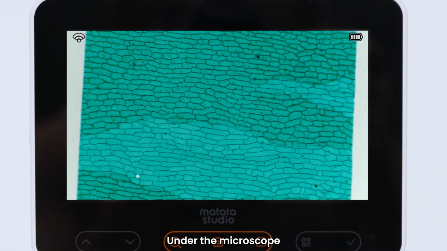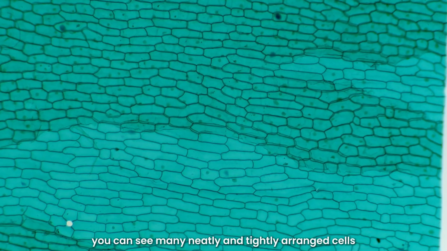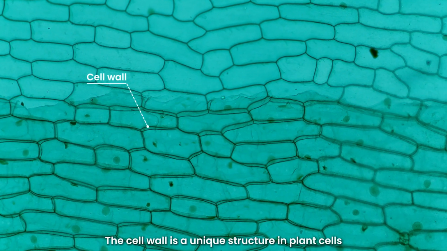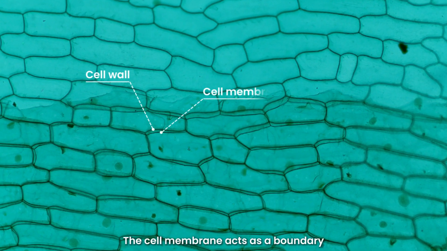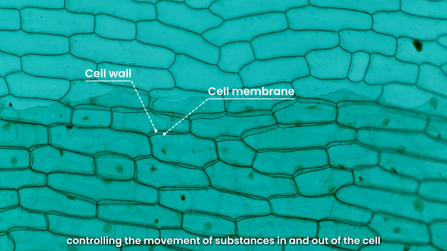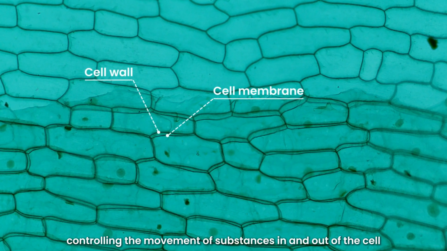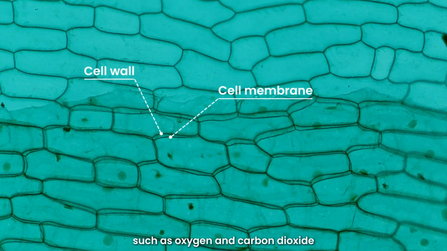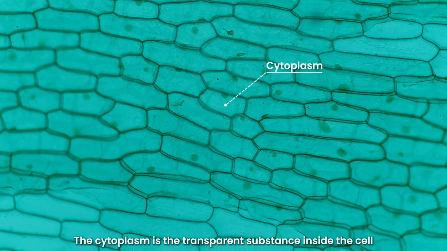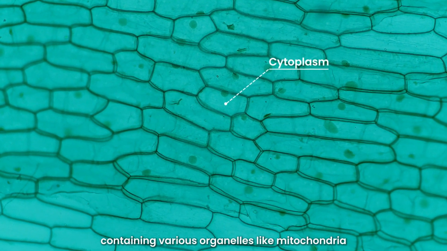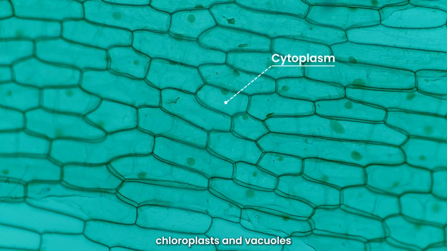Under the microscope, you can see many neatly and tightly arranged cells. The cell wall is a unique structure in plant cells, providing support and protection. The cell membrane acts as a boundary, controlling the movement of substances in and out of the cell, such as oxygen and carbon dioxide. The cytoplasm is the transparent substance inside the cell, containing various organelles like mitochondria, chloroplasts, and